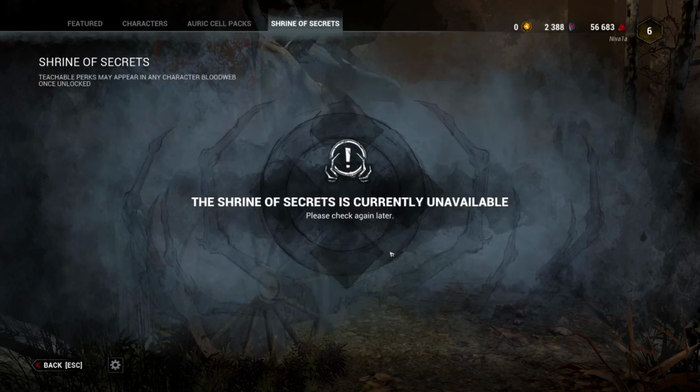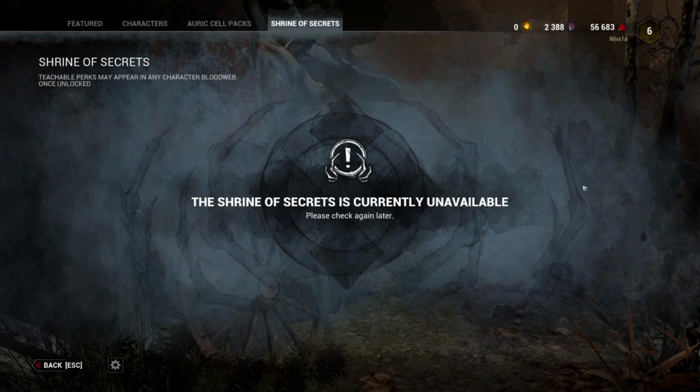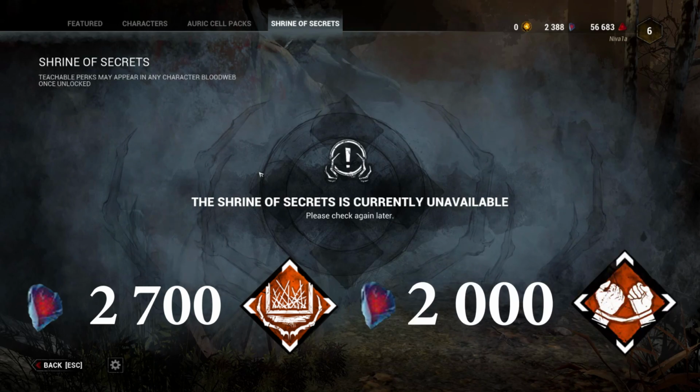Now the Shrine of Secrets is unavailable at the moment, and it will become available again once the patch is live on all platforms. The Shrine of Secrets will act the same way as it did before, with the teachable perks being available for purchase here. The only thing is that the cost has been increased to 2,700 iridescent shards for new perks and 2,000 shards